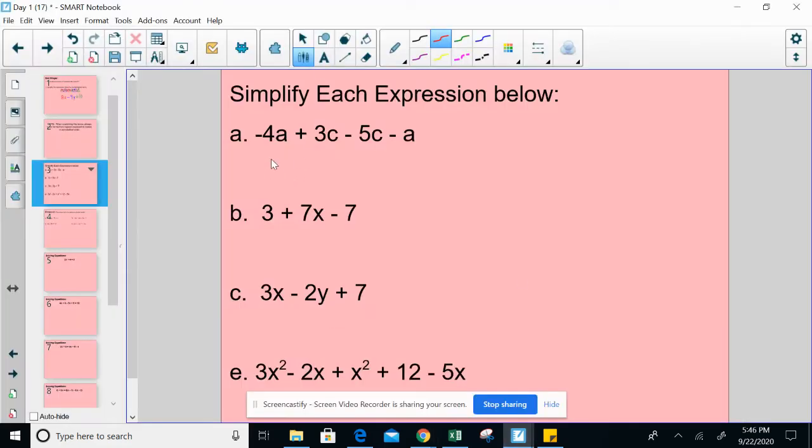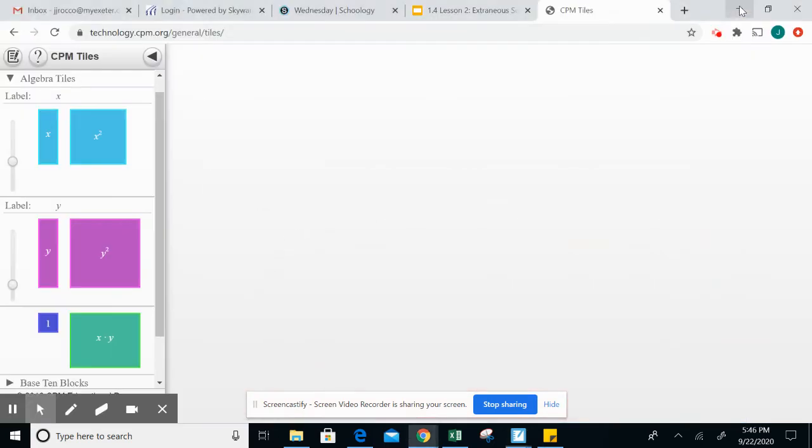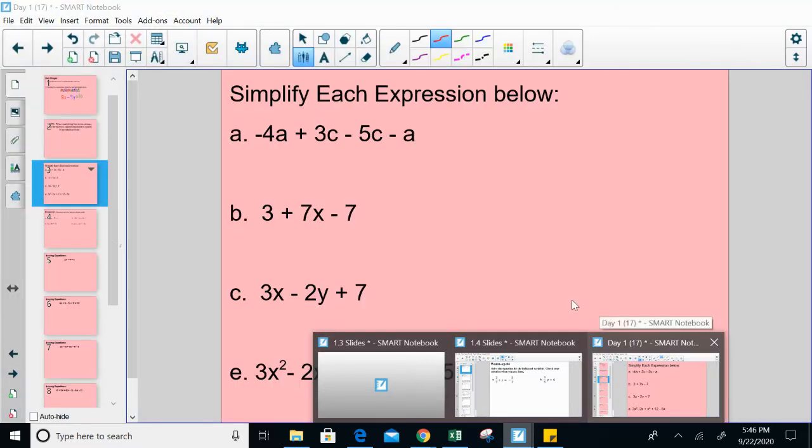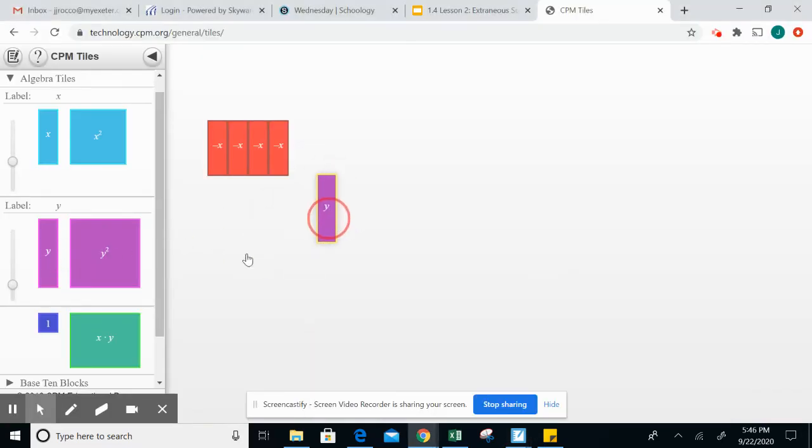I'll just use x for a and y for c. So it says negative 4a. So that means I'll use x. So there's 4 of these. And they're all, I wonder if I can do them all at once here. Nope. They're all negative. So negative 4a. Like I said, I'll use x. And then plus 3c. We'll use these, 3c. Keep them positive. And I think it's minus 5c. So 1,